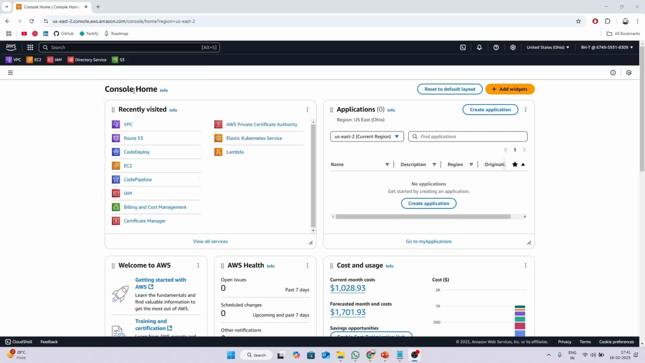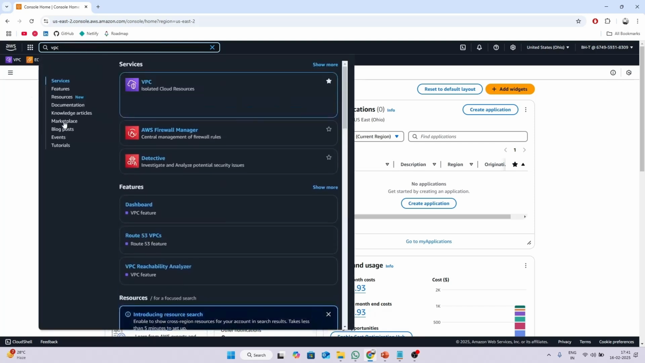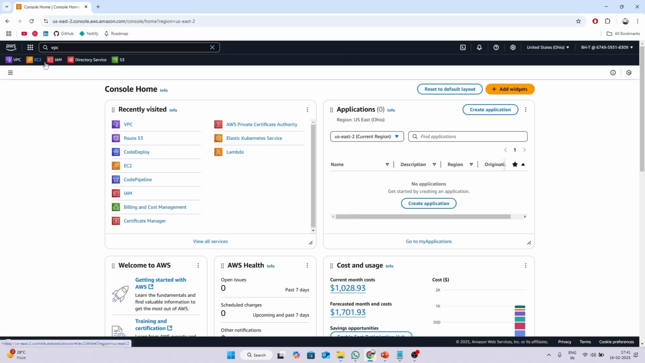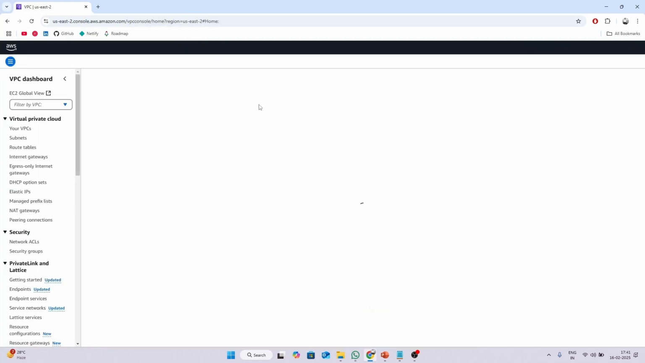Okay, so this is my AWS console. Now first we are going to create our VPC. So in the search bar, I'm going to type VPC, or you can mark favorite and you can see it in the taskbar. So go to VPC,